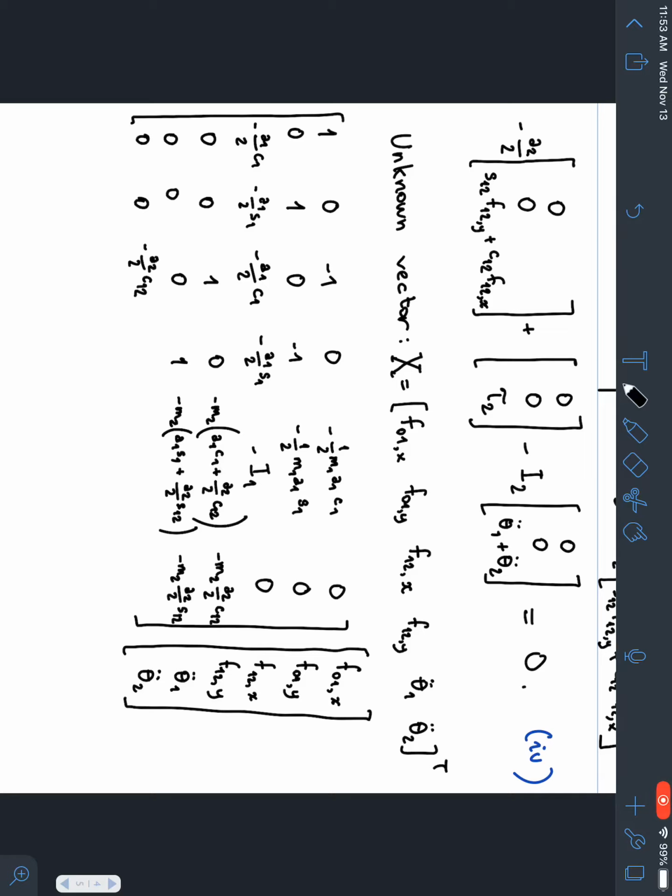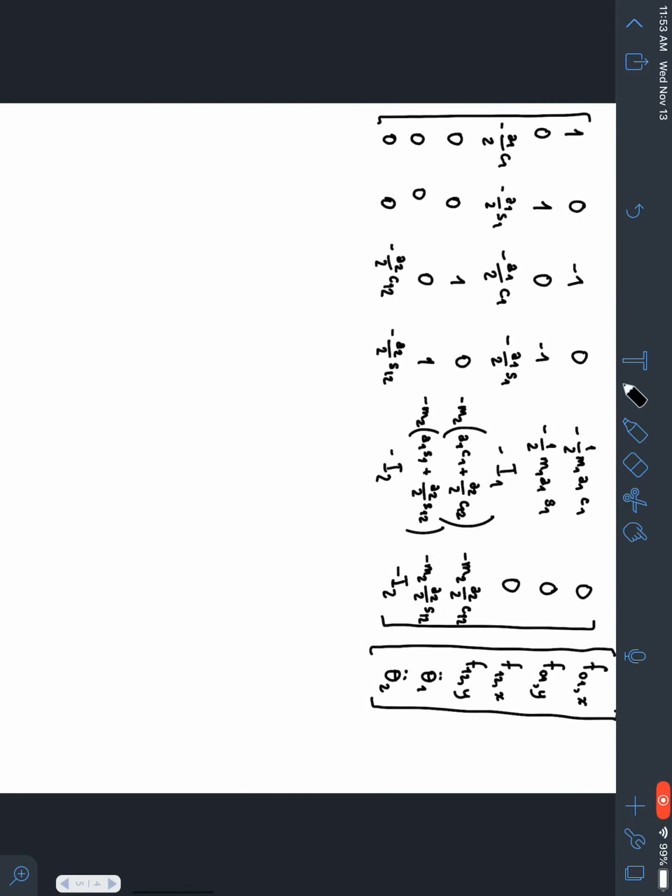Coefficient of f12y is minus a2 over 2 sine of theta 1 plus theta 2. Coefficient of theta 1 double dot is minus I2, and coefficient of theta 2 double dot is also minus I2. Okay, and what we have left to write here is the known vector